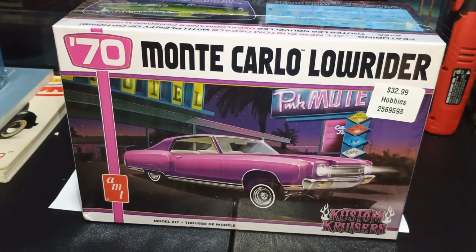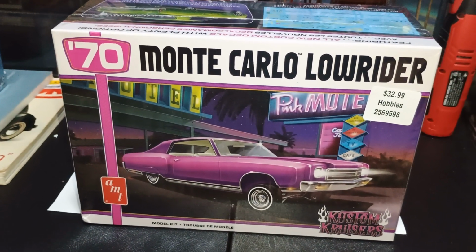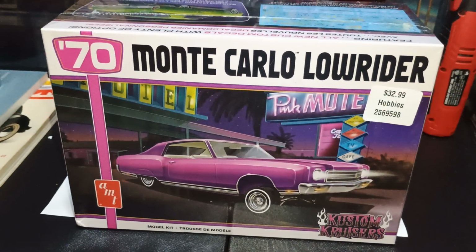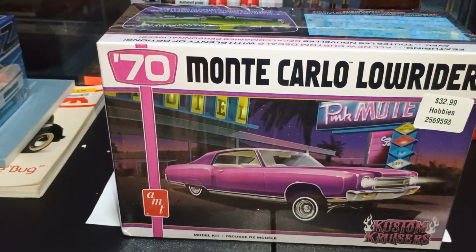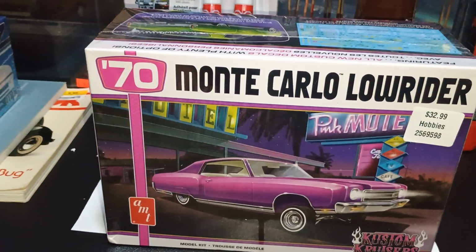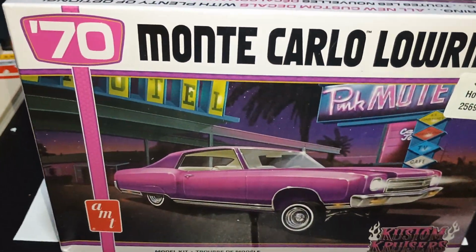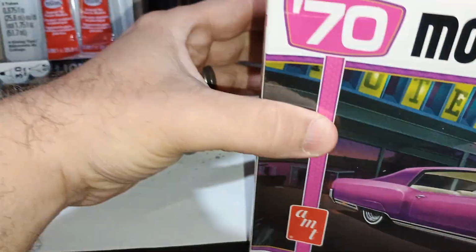JT and, I can't remember you other guys' names. But you guys gotta get on this one. You gotta build one so I can see what it looks like. Give me some ideas on this. So there's one I found,